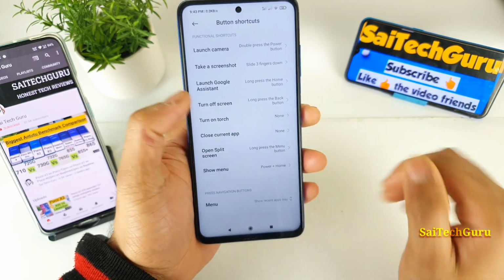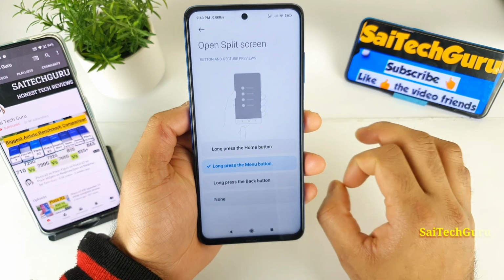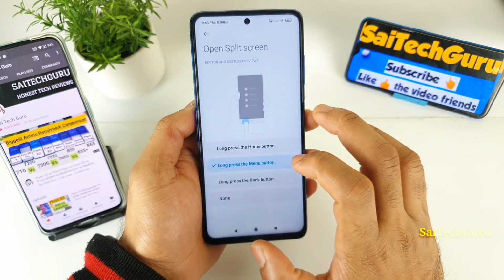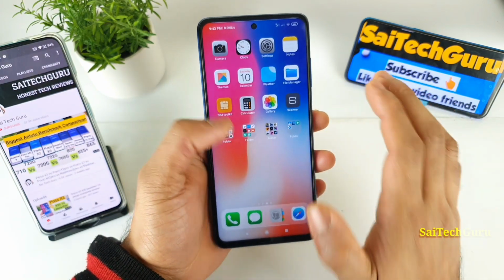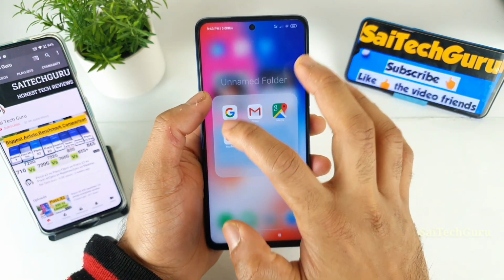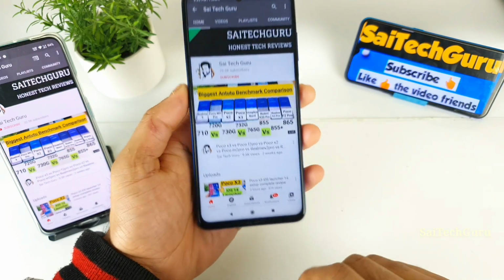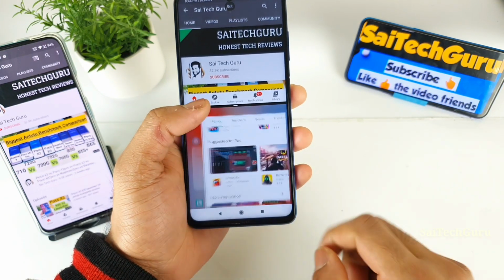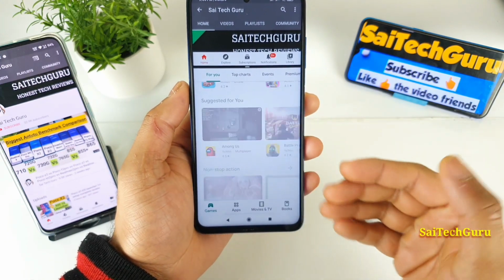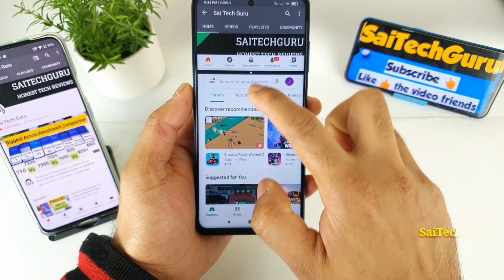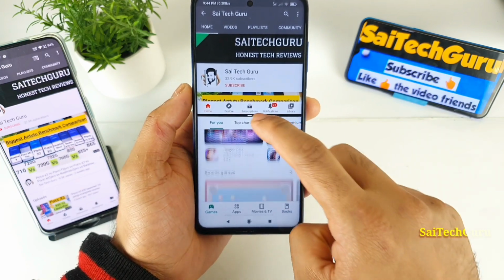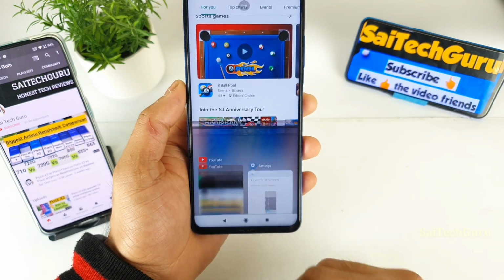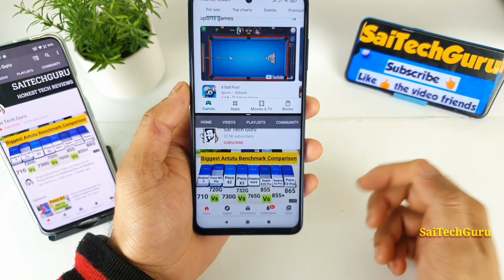So next is opening the split screen. This is another most important feature, friends. You should definitely enable this option. Trust me, whenever you're using WhatsApp or Facebook and want to do split screen multitasking while watching the YouTube application, you just need to long press on this multitasking button, as you can see, friends. As soon as you long press, straight away it will take you to the multitasking menu, and you can select other applications and use them in split screen mode very easily and very comfortably, as you can see here. And you can do it whenever you want.